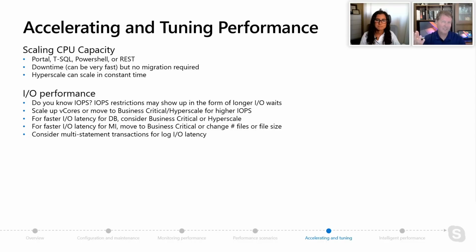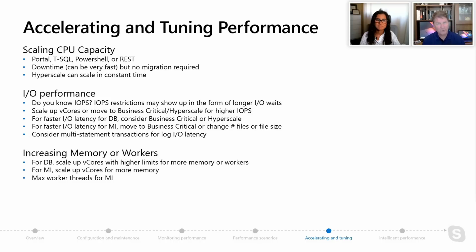But think about transaction log scenarios. I've had customers come to me and say, I'm running what's called a singleton transaction scenario in a loop. Basically an insert is a commit every time. And I ran that on my SSD on my laptop, and I put it in Azure, and it's slower. And I'm like, well, do you get all the built-in HA with Azure? Do you get it on your laptop? Probably not, right? But this is where multi-statement transactions can come into play. A lot of times customers may need to think about whether they are efficiently running their app. And you'd be surprised, you move to that model and your app is overall faster anyway.